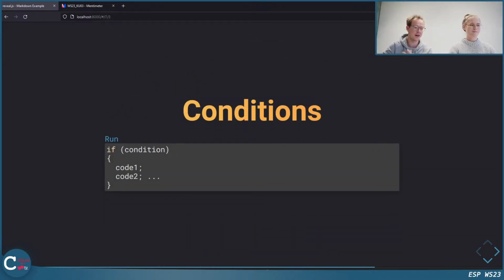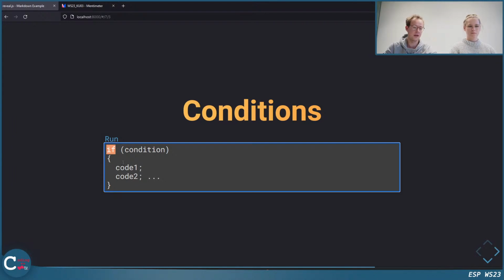So what can we do now with those operators? You have probably already seen them in today's lecture. Probably you have also seen them in Python, which are conditions. How do we write such a condition? We have if as a keyword, and then in brackets we have a condition, and a condition usually consists of the operators.